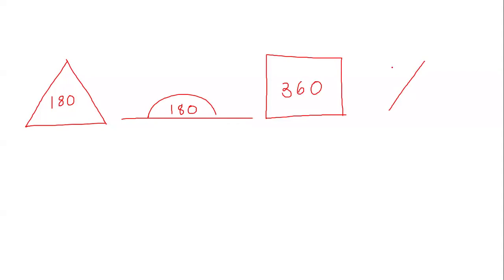We already know that vertically opposite angles are equal. And we just learned in number 5, so this is 1, 2, 3, 4. We just learned in the 5th rule that angles around the point